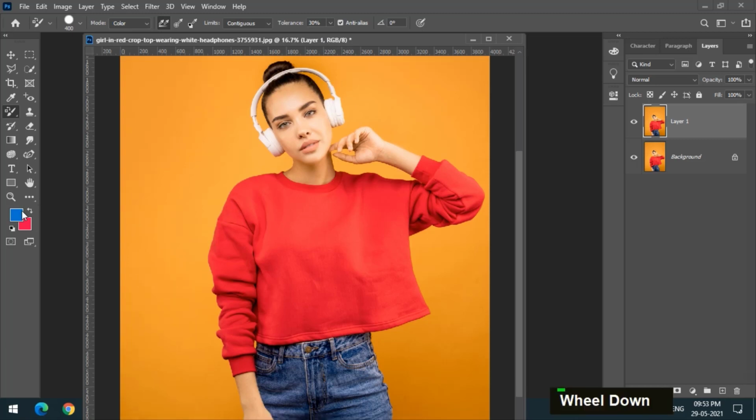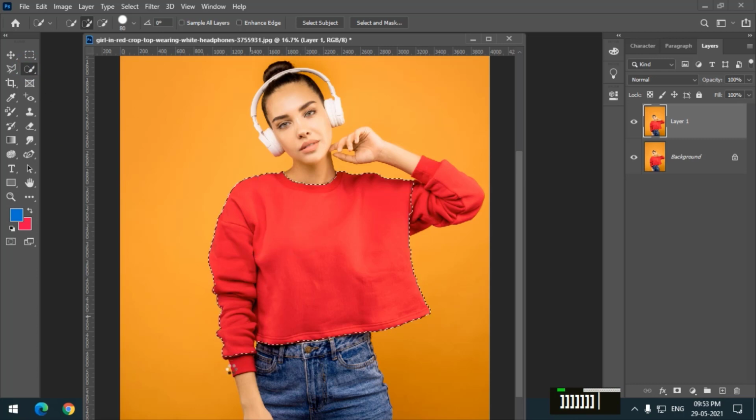So I have selected the blue color, and a very simple method is to select whatever area you want to change the color of. I want to change the color of this shirt, so I will select the shirt first. I'm using the quick selection tool. You can choose whatever selection tool you feel comfortable with.